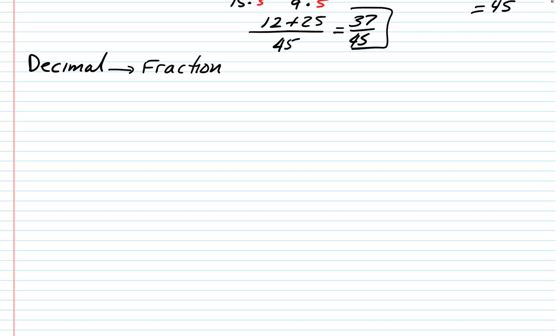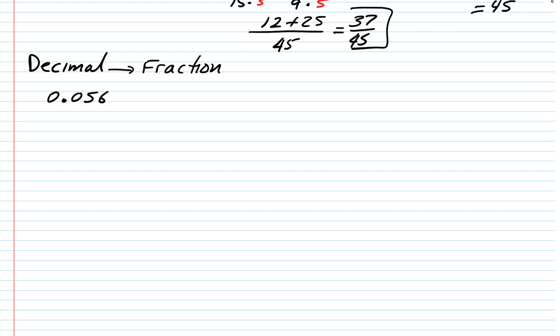So let's take a look at how we convert decimals to fractions. All we got to do when we convert decimals to fractions is simply read the decimal using the correct place value, and then we write it in fractional form, just as it reads. For example, let's say I have the number